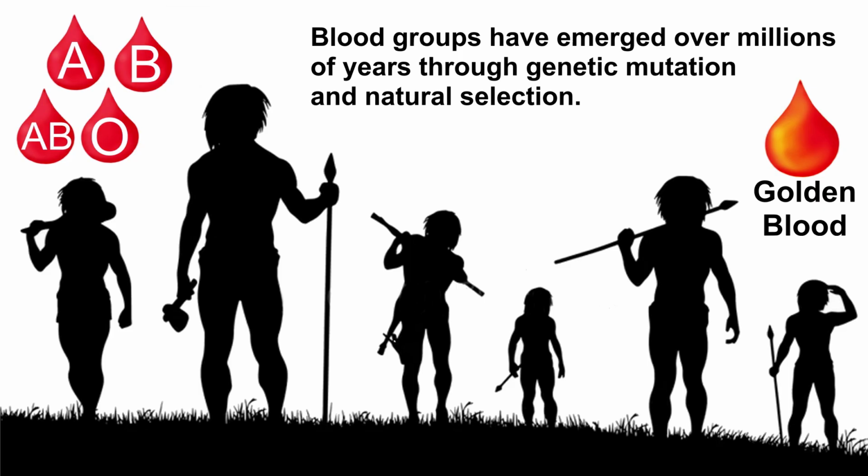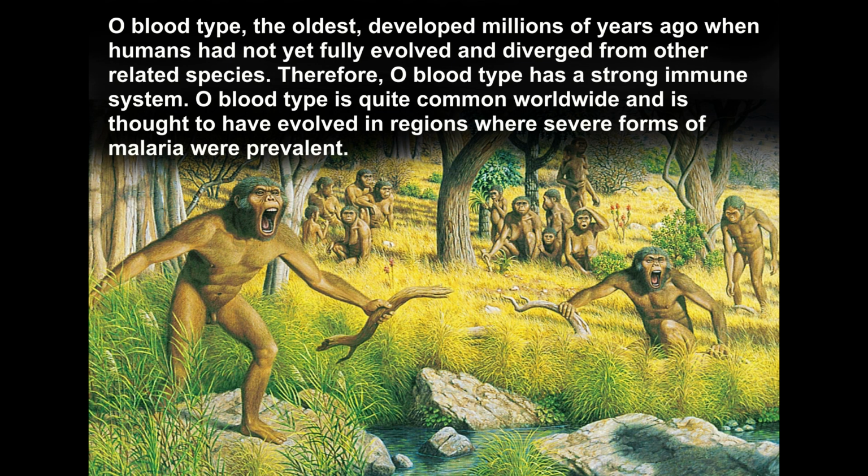Blood groups have emerged over millions of years through genetic mutation and natural selection. O blood type, the oldest, developed millions of years ago when humans had not yet fully evolved and diverged from other related species. Therefore, O blood type has a strong immune system. O blood type is quite common worldwide and is thought to have evolved in regions where severe forms of malaria